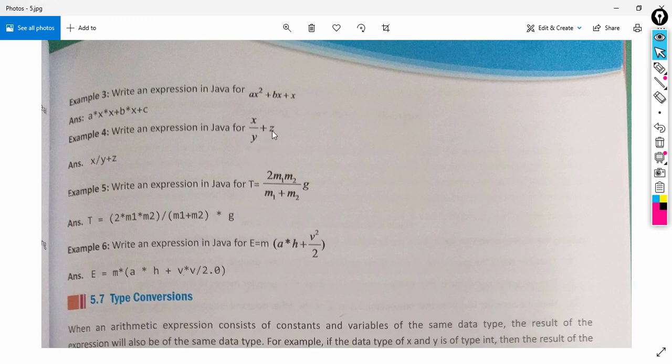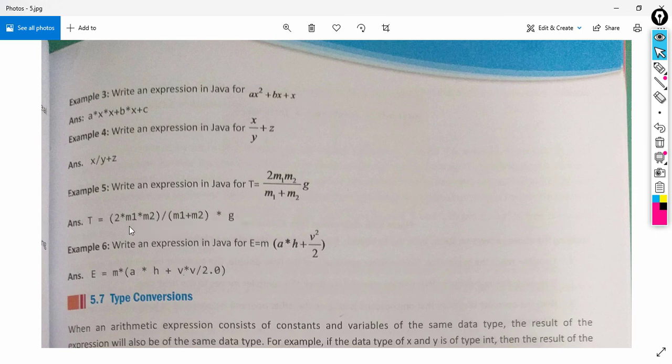Then x by y plus z. This form we can write in Java only. See, if it comes to Java, x by y plus z. See, this is the division operator. Then t equal to 2m1 m2 divided by m1 plus m2 into g we can rewrite as t equal to 2 into m1 into m2 in bracket then divided by m1 plus m2 in bracket multiplied by g.